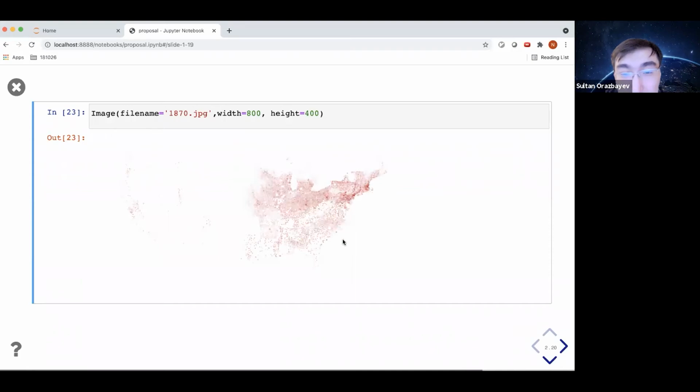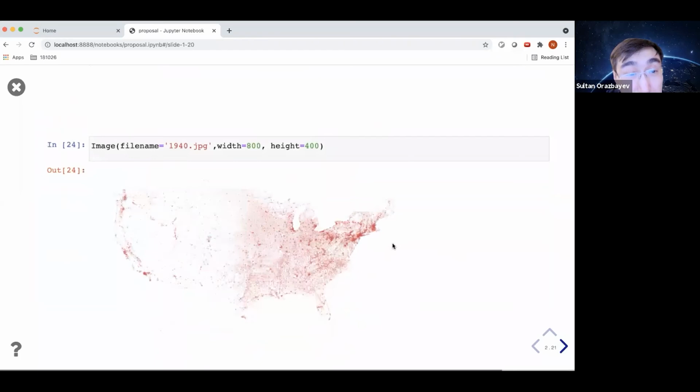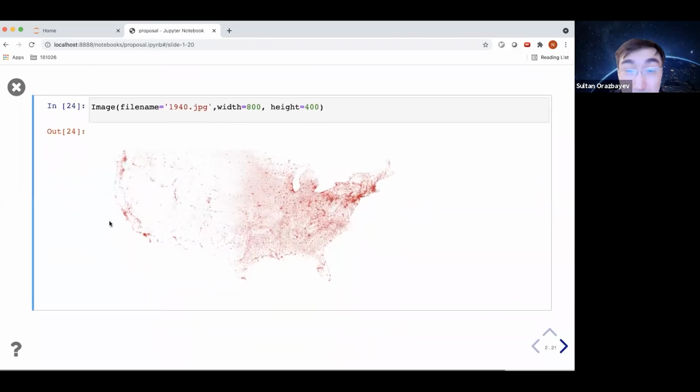So this is a picture created by my colleagues, and this shows you the distribution of individuals in the US in 1870, so roughly where people lived. And you can see that the West Coast is not as populated relative to, say, 1940, where the US is getting more and more populated. So I skipped a whole lot of waves, but the calculations we have allow us to track individuals across